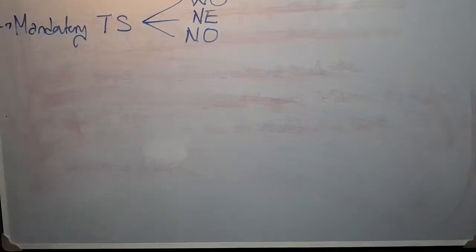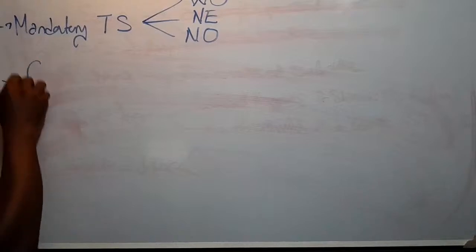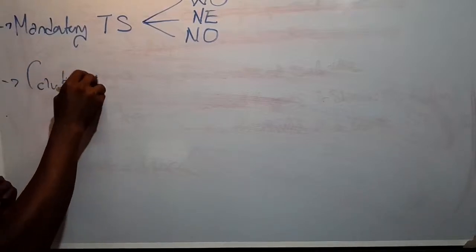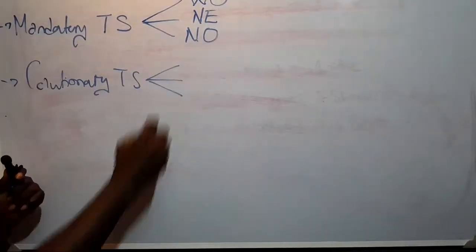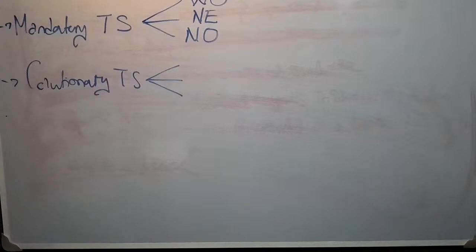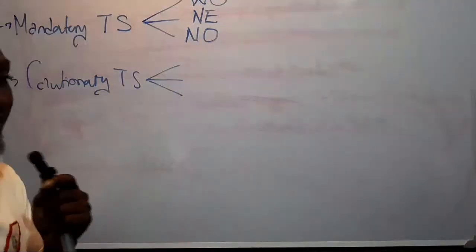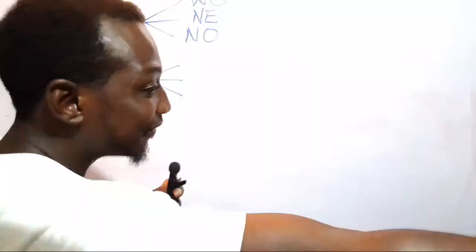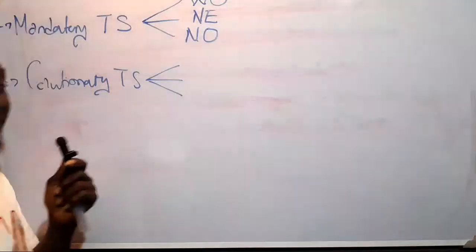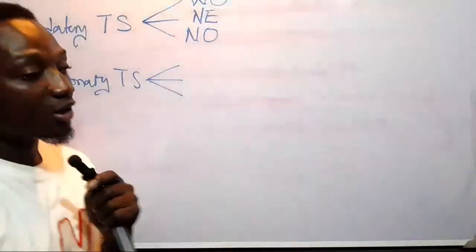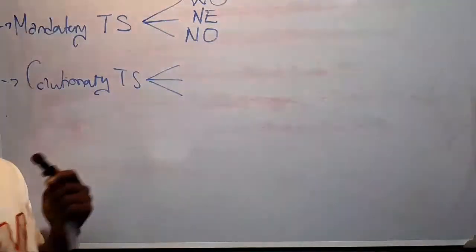We also have the cautionary traffic signs. Now, the cautionary traffic signs warn road users in advance. In advance, you are told that 3 kilometers after where you are, there's a U-turn, or there's a zebra crossing, so you need to stop or reduce your speed, or there's a bump ahead. It gives you caution. This warns road users in advance about potential hazards or dangers on the road. Or it will tell you 5 kilometers, men at work, so you know that you need to slow